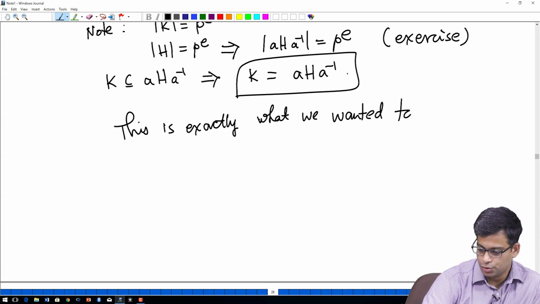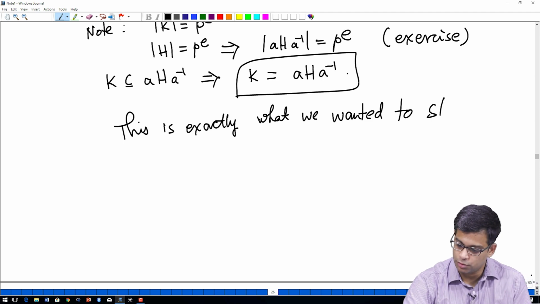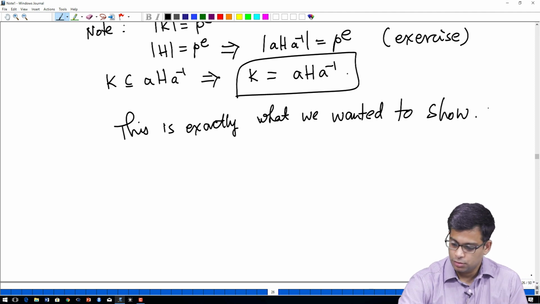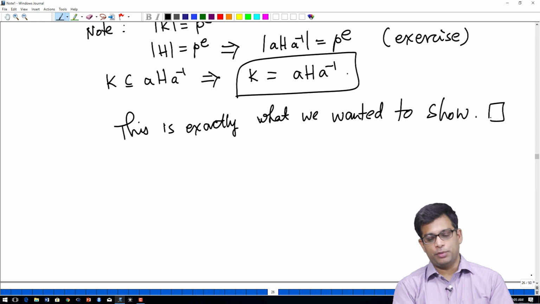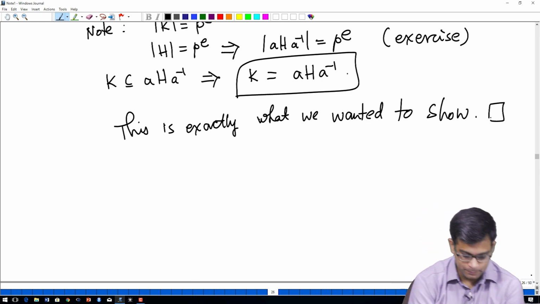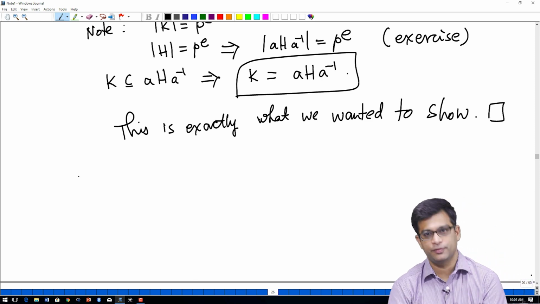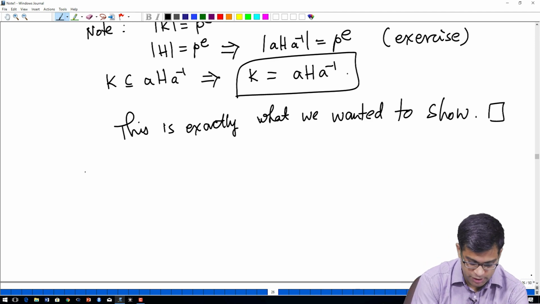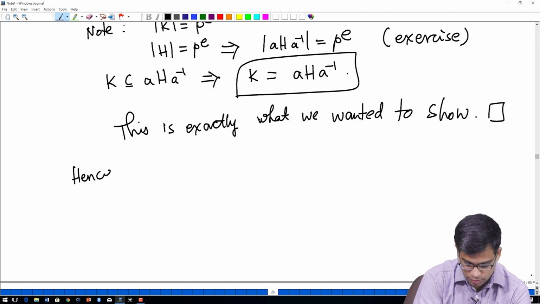What did we want to show? Any two Sylow p-subgroups are conjugate. So, this completes the proof of the second Sylow theorem. So, in other words, hence the second Sylow theorem